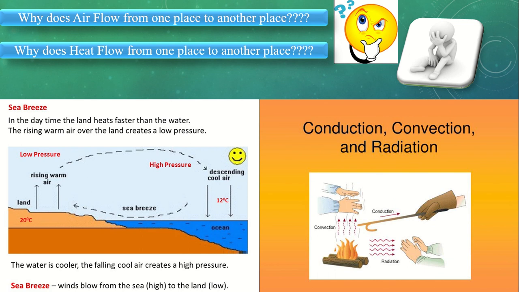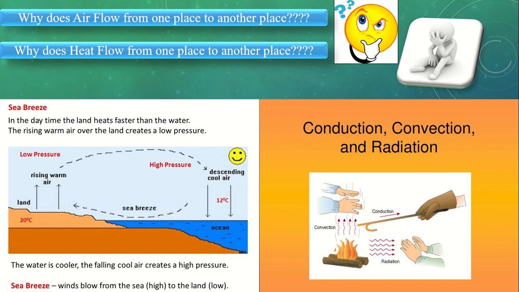Conduction is the transfer of heat energy between particles of objects in direct contact. When the particles of an object are in direct contact, the transfer of heat energy takes place from the particles of the object to our hand. You can see the diagram of an object and the hand. If both are in contact with each other, the heat flows. That is called conduction.